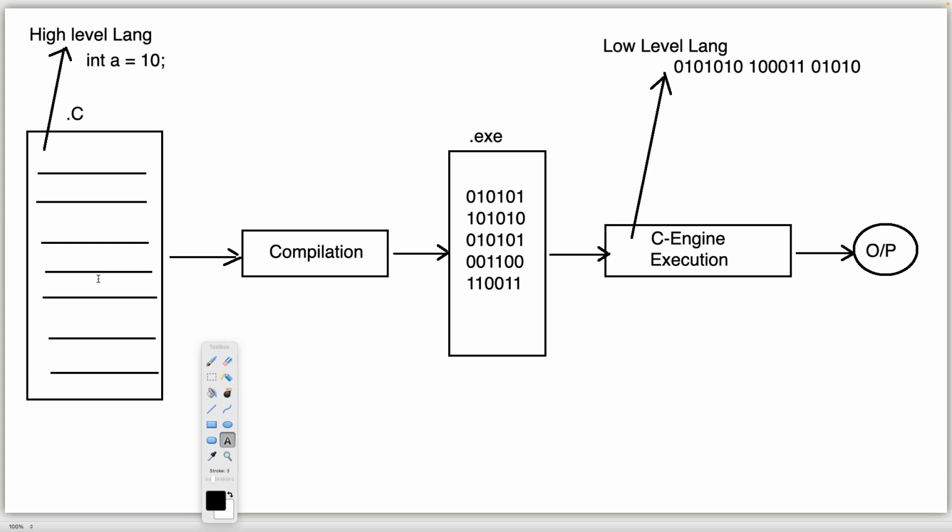But without checking whether errors are available or not, directly executing a program is, in a sense, a crime. Say, for example, you prepared a product. Without testing the product, will you give that product to the customer? If you want to sell that product to the customer,